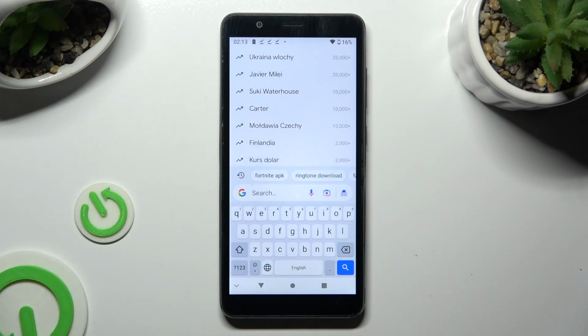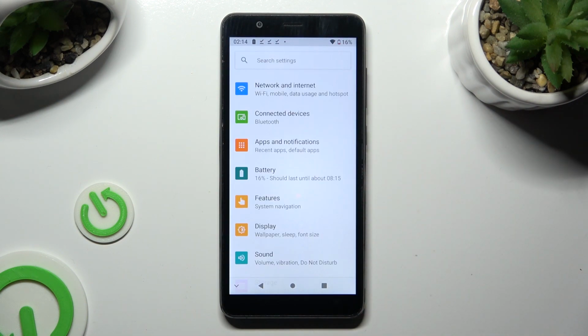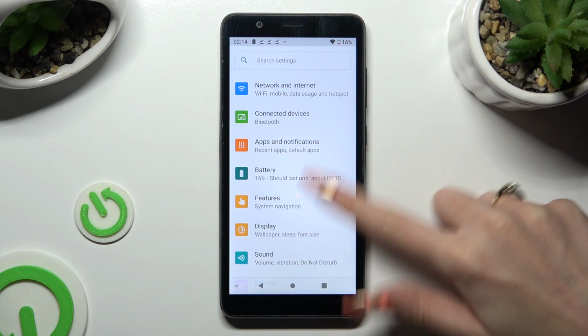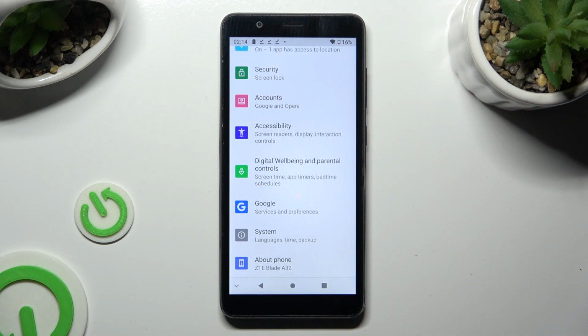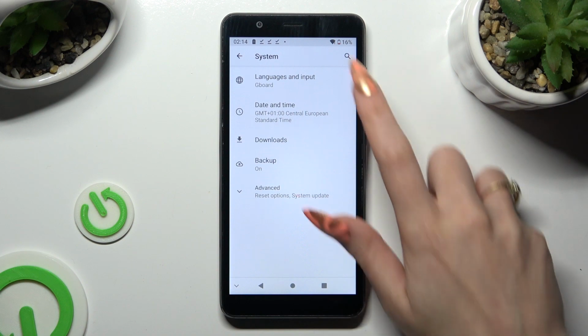First of all, you need to open Device Settings. Following that, scroll all the way down and tap on System section. Then select Languages and Input,